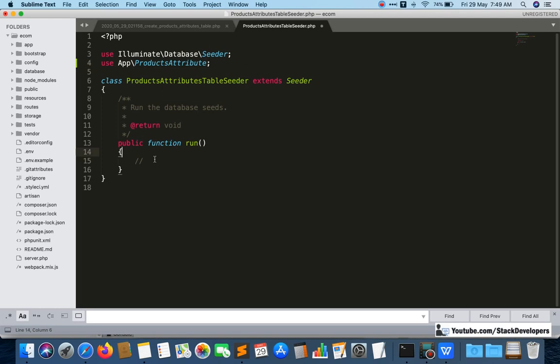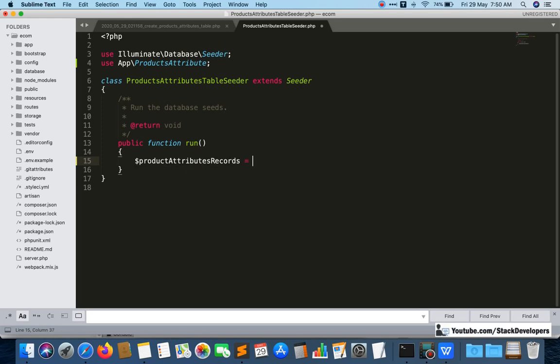Okay, so now we can add our query here to insert the records. Here we can pick it like $productAttributes records, like this.